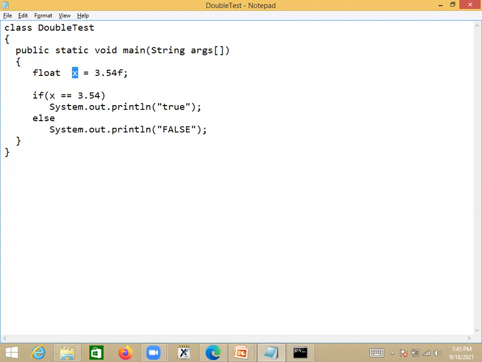Sir, if we go with the same problem but a different number, and the opposite case, if the number is double and we take it as a float, can we use D in the place of F? Yes, you can use D here, small d or capital D. It will be treated as double type. But if I give it as double type, there's no need, actually. By default it is treated as double only. This is redundant.